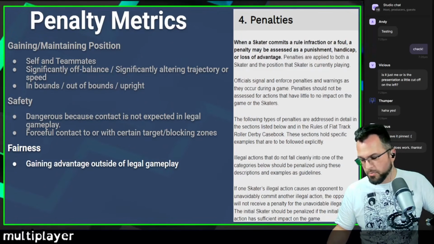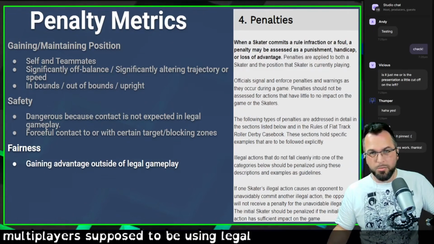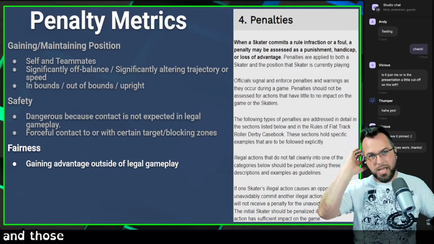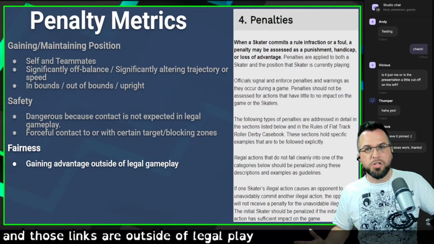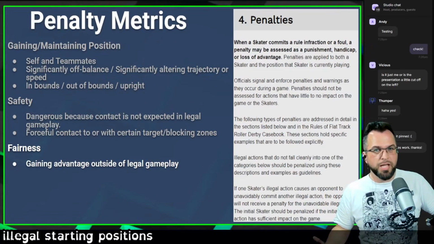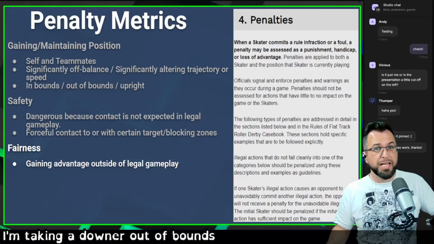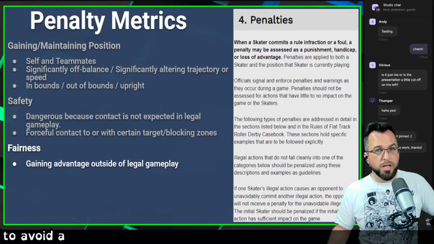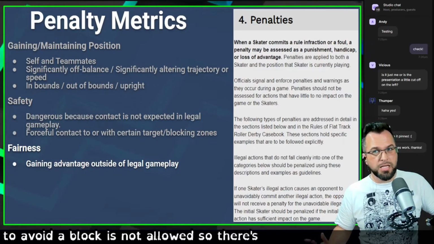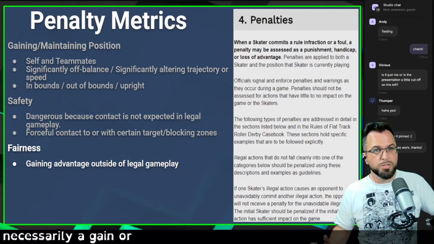Multiplayers, you're supposed to be using legal contact and blocking zones, and those links are outside of legal play. Illegal starting positions: you as a blocker can't start where the jammers start. Taking a downed or out of bounds position or skating out of bounds to avoid a block is not allowed. So there's things that aren't necessarily a gain or loss of position, but it comes down to the fairness of